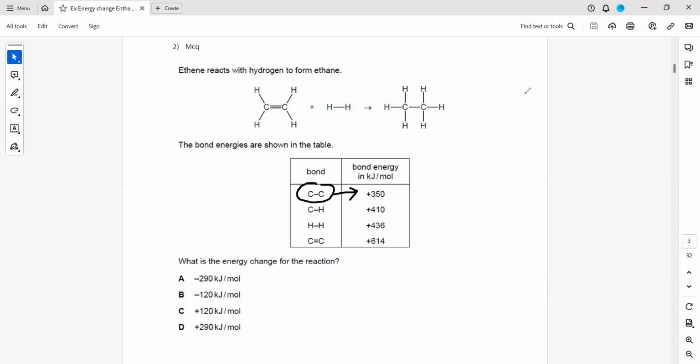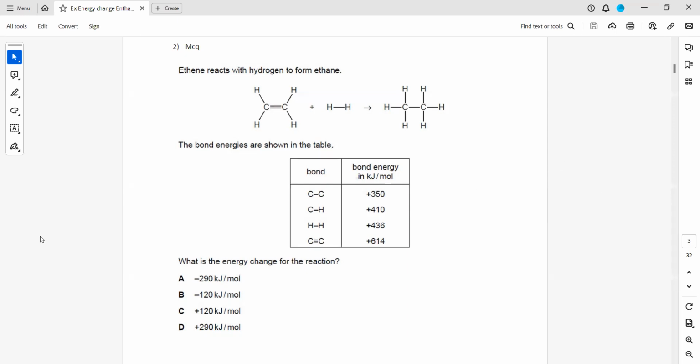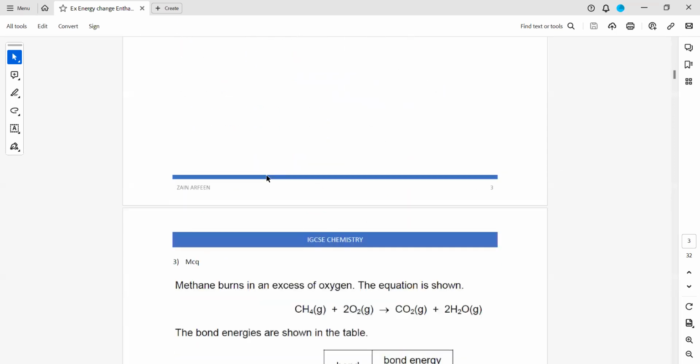You can add them, for example, carbon hydrogen. There are 6 bonds, so you add 6 times or you multiply by 6. It's the same thing. It does not make a difference. If you add the same number 6 times, it's the same as multiplying by 6. No, there's no relation. Like if a carbon-carbon double bond is 614, the carbon-carbon single bond should not be half of it. It should not be 307. No, you cannot relate them here. So the bond energies will be given to you. You will use the bond energies to work out